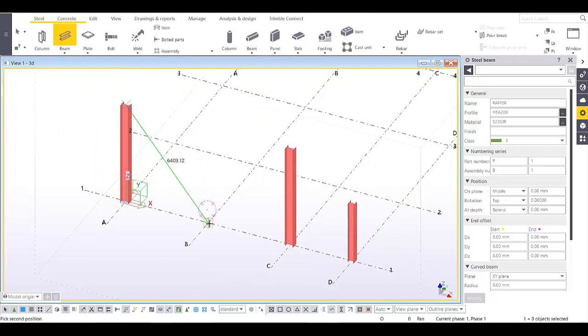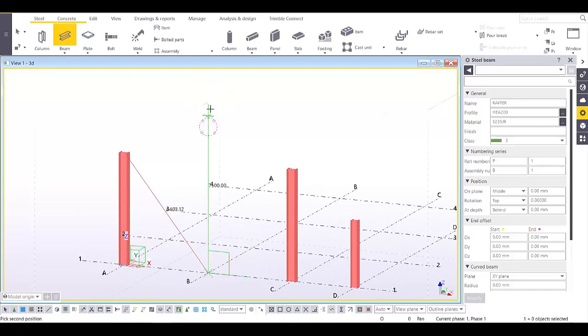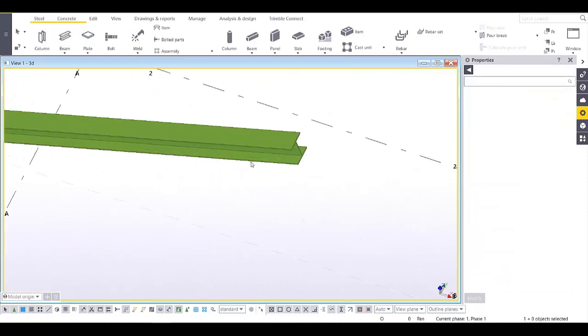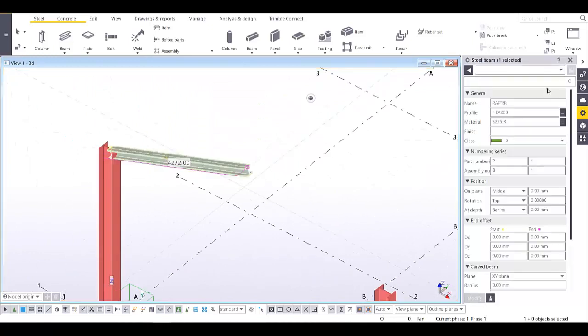And then from this grid line, I can press the control key and then click. That control key and click means I have a dummy position of my beam there. So I can just simply specify the height of my beam here, or the apex. Let's say I'm going to select in 6500, click. So I have now this HA 200. Or maybe I'll just change this one to a bigger one,